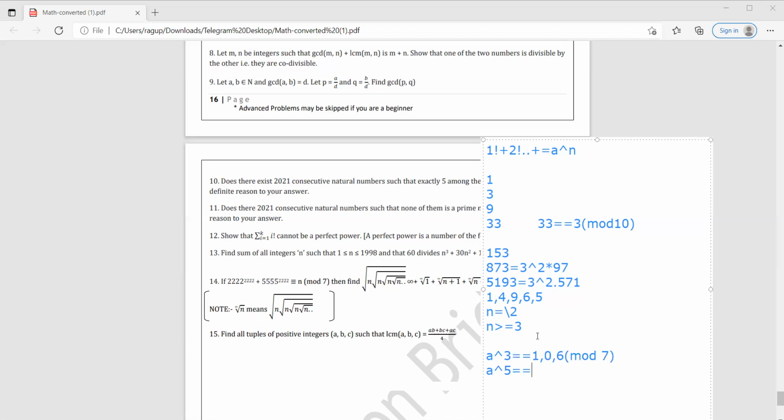7k plus 2 raised to 5 is 32. 7k plus 3. Yes. So for a equal to 3 mod 7, we are getting a raised to 5 to be 5 mod 7. So the gut feeling that we were getting that 7 is correct, which is wrong. Now let's check another number. Let's check 9.